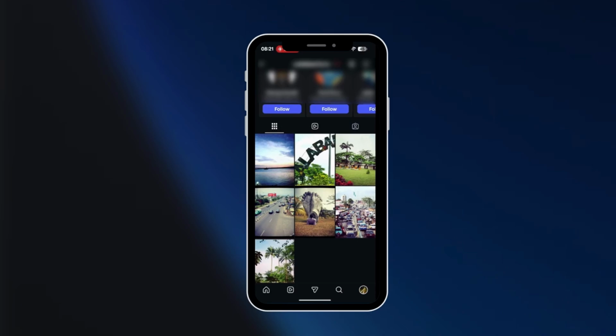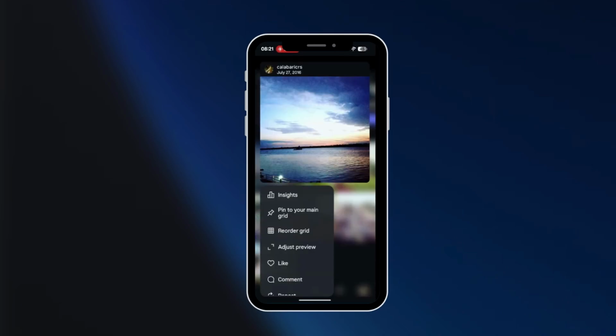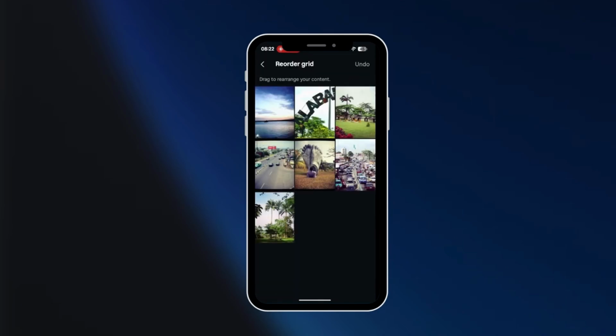So tap and hold on it, and this is the last post. So once you tap and hold on it, you'll see among the options, Reorder Grid. So if you tap on Reorder Grid, it's going to take you to a new page where you can actually